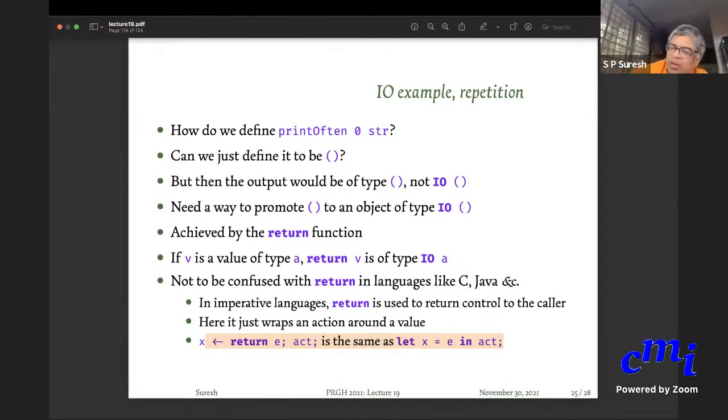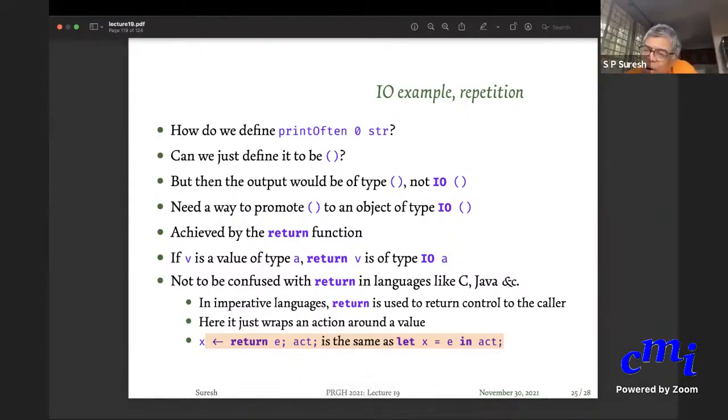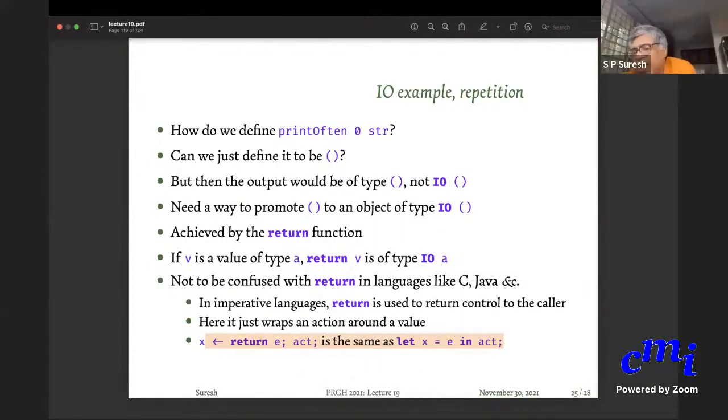The value is e. So it is just like saying let x be equal to e in action. Later in the action I'll be using x. That is similar to saying let x equal to e, because this return e is not really an action. It is just promoting e to some IO object, but that IO object does not have any side effect. So instead, you can bypass this whole thing and just say let x equal to e. But if you are not clear, I'll explain it again in the next class.